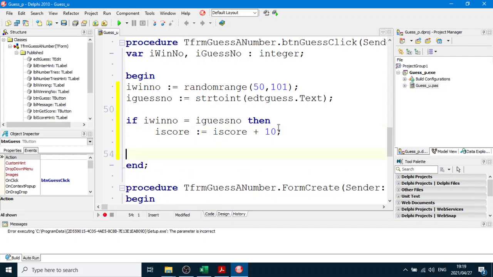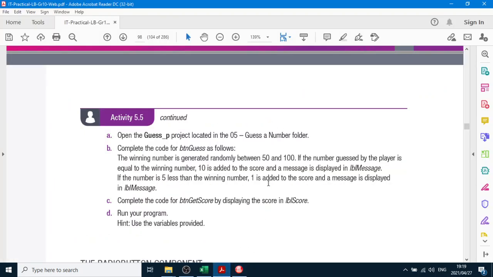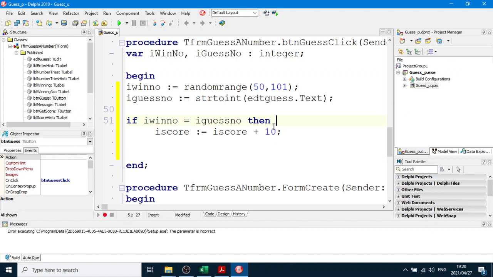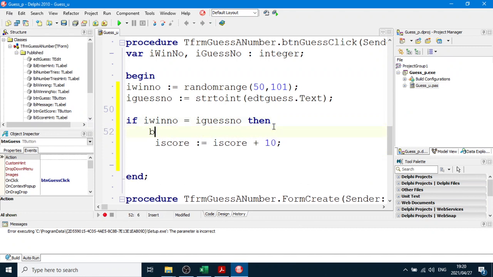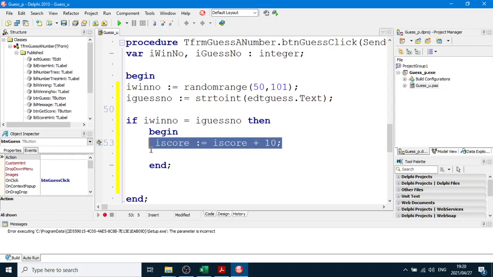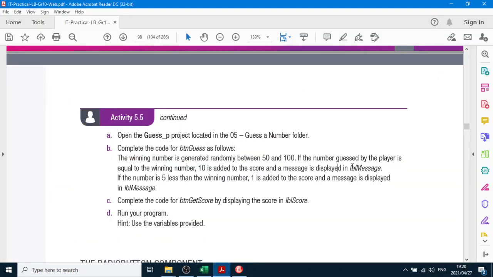Right, next thing. We've done that. If the number guessed by the player is equal to the winning number, then we add 10 to the score, and a message is displayed. We've got to do two things if the number is equal. So if you're going to do two things, here's something new, guys. We've got to put begin and end around it. See that? We're not just adding 10 to the score. We're also going to say LBL, what label is it? LBL